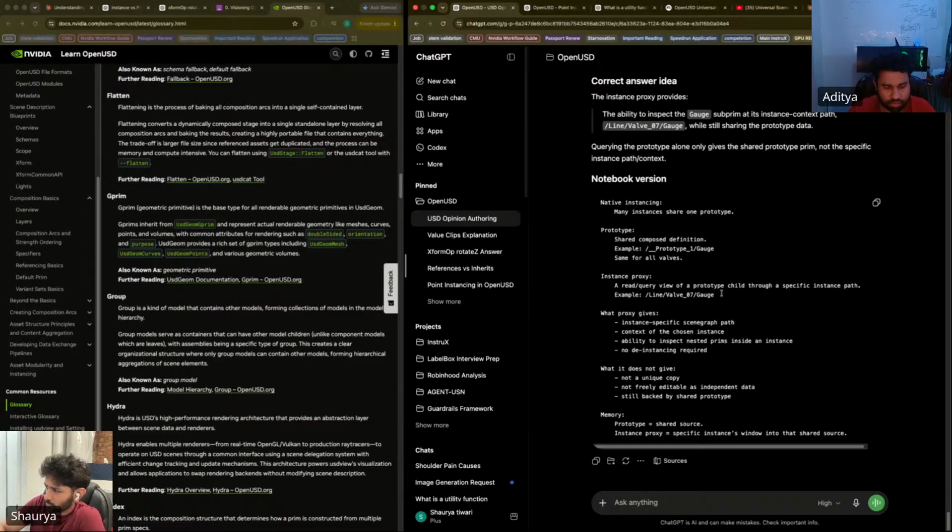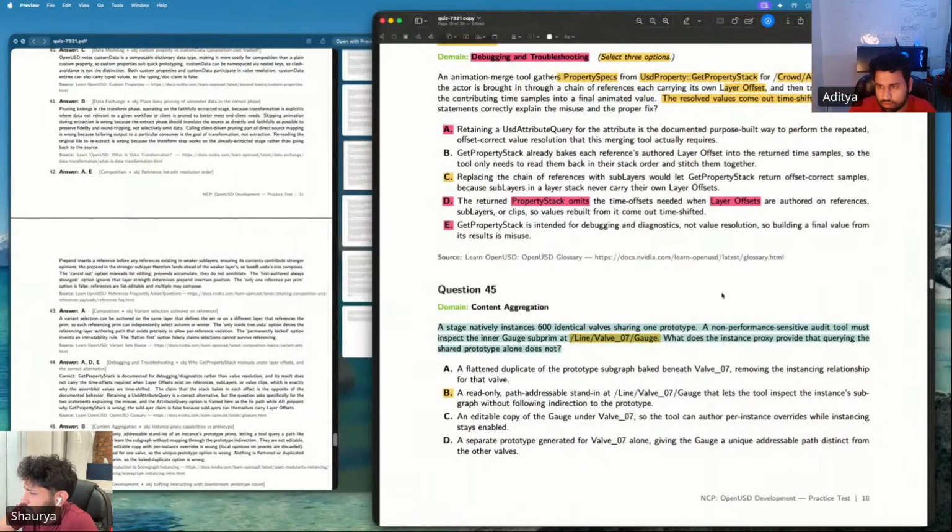I see. So are you clear on this now? Yes, brother. Okay, so the read-only path-addressable stand-in lets the tool inspect the instance subgraph without following indirection to the prototype. Why does it happen?